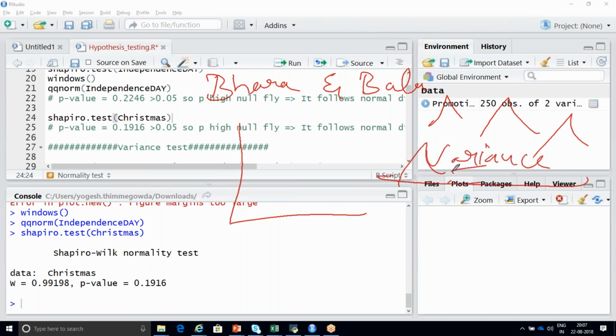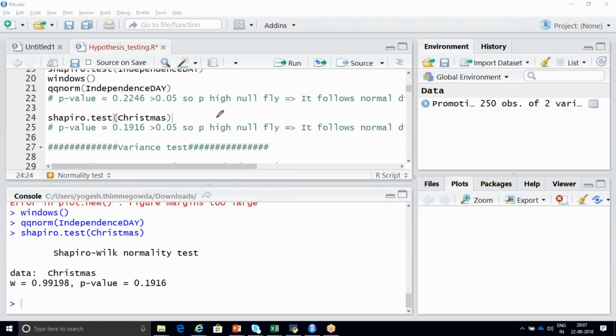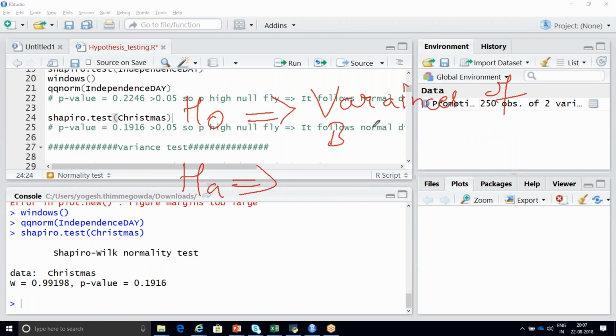In this second step, you should again write a null hypothesis and an alternate hypothesis. Now I'm going to write it in a simple way. For the second step, the null hypothesis is that the variances of both the transactions are equal.